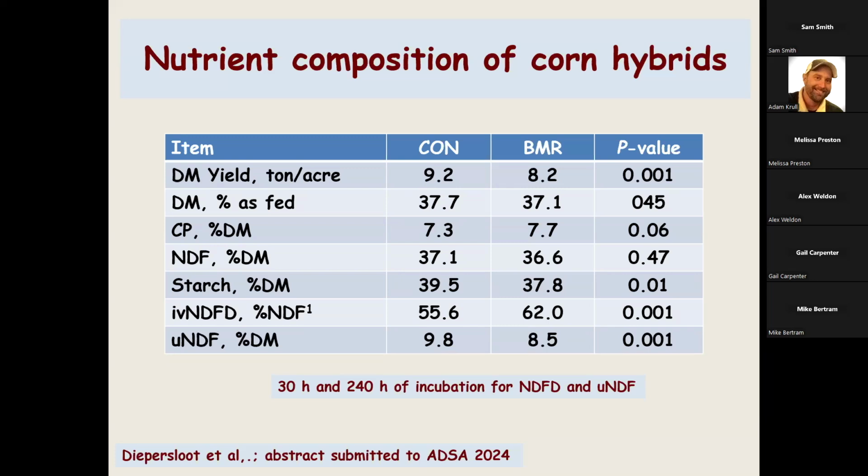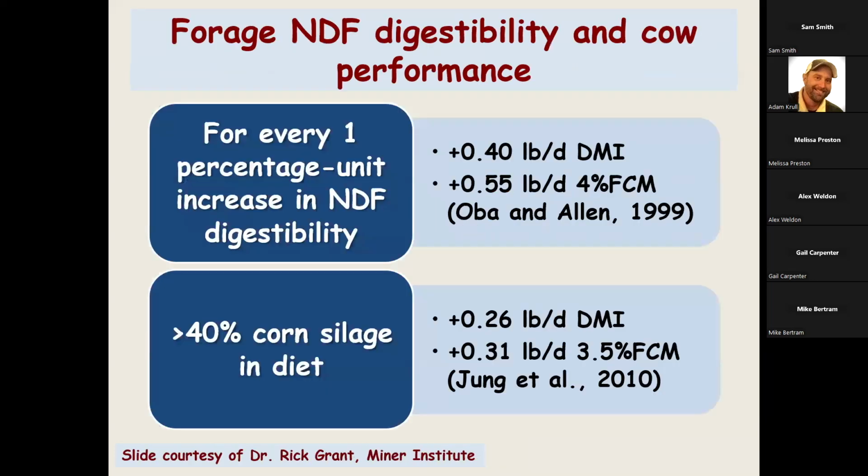But why BMR was so important overall from a fiber digestibility perspective throughout the years, and continues to be, right? If Corteva will keep that until 2030, I believe that people will still have a lot of opportunities to utilize that well. The benefit associated with fiber digestibility is that very often when we are able to improve forage fiber digestibility, we should expect some benefits in intake, and because of the benefits in intake, we should see some